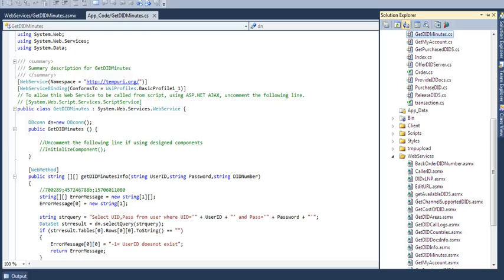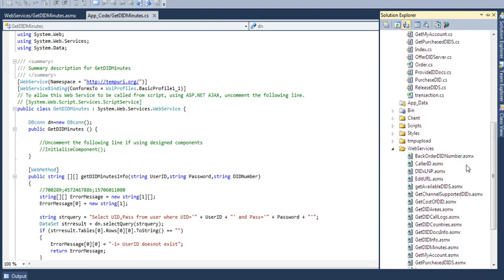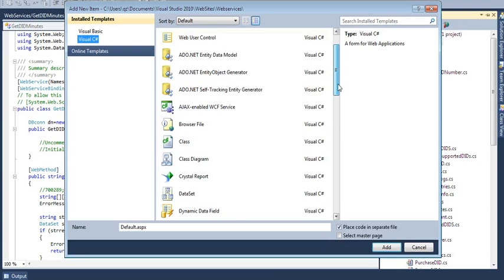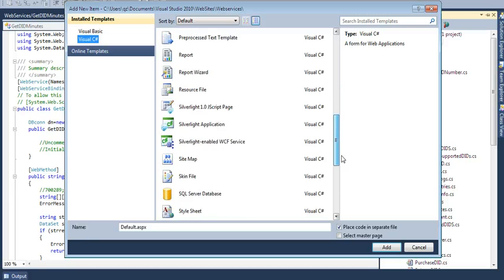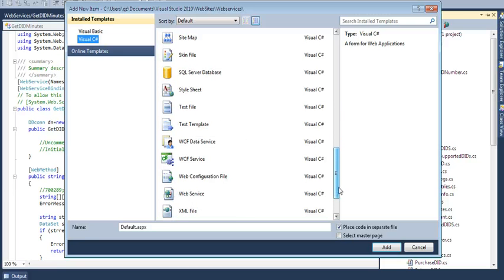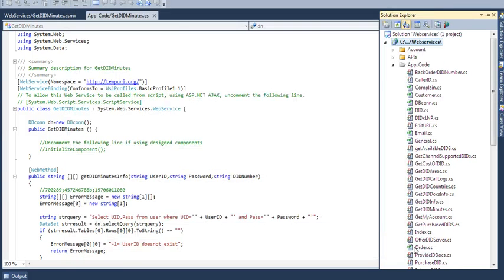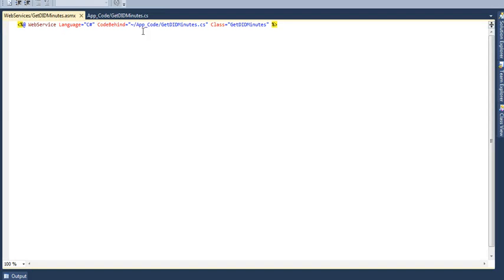Today I am going to tell you how to create web services in dotnet. When you open a new project, you select add new item and then select this web service. Write it down in name. Then when you create this web service, this page will open. For this web service, you have to create a class